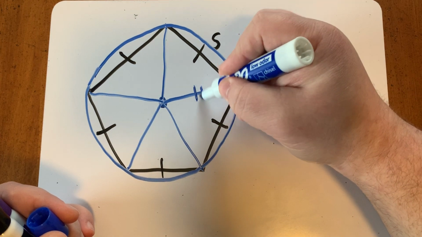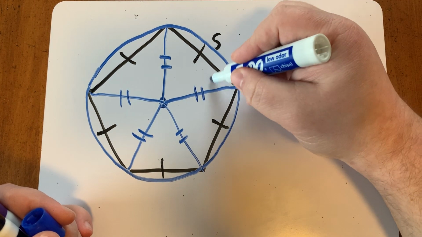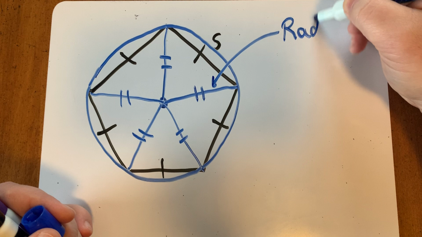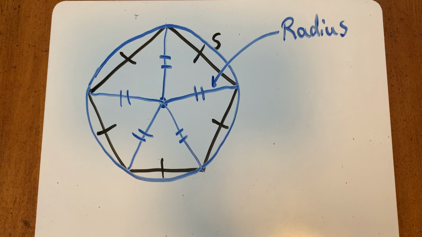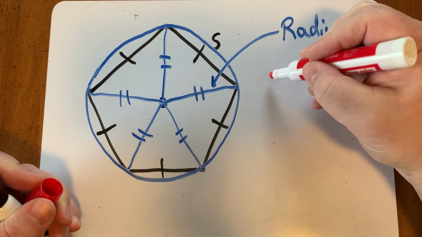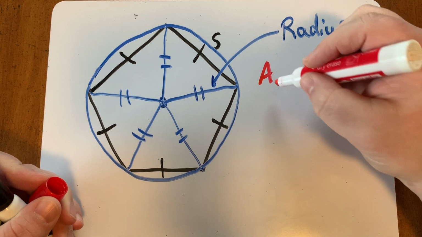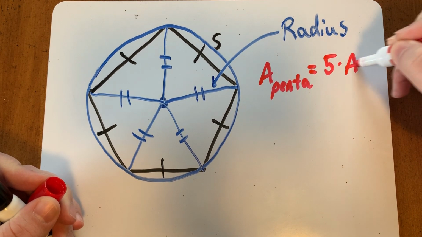Now, all those are going to be radii of the circle, but they're also called radii of the polygon. So in a regular polygon, the segment from the center to a vertex is called the radius. And now if we look at this regular polygon, the radii divide it into 5 triangles. And we've worked plenty with triangles, so the area of the pentagon would just be 5 times the area of the triangle,